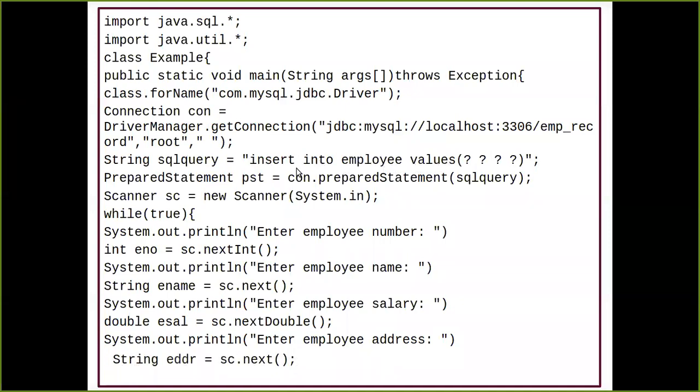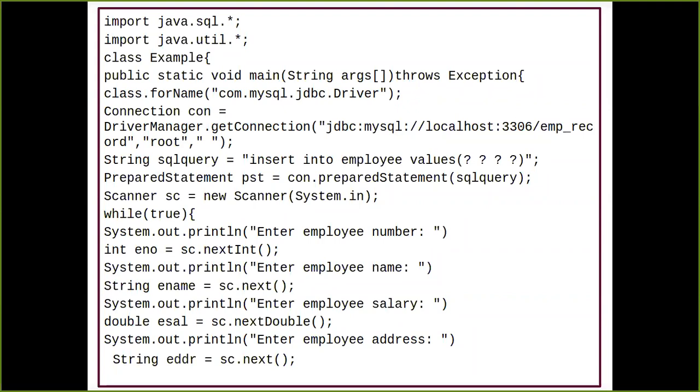This is your dynamic query, not taking the value statically from here. It is going to come from your client. This statement is for the servlet file which I have written. Now you have to understand, create a picture in your mind: we have a client, we have a servlet file which is running inside your server, and then we have a database. This program we are learning right now is going to execute and communicate with the database, and it is going to get executed in your server. So this is a server side program that I have written.